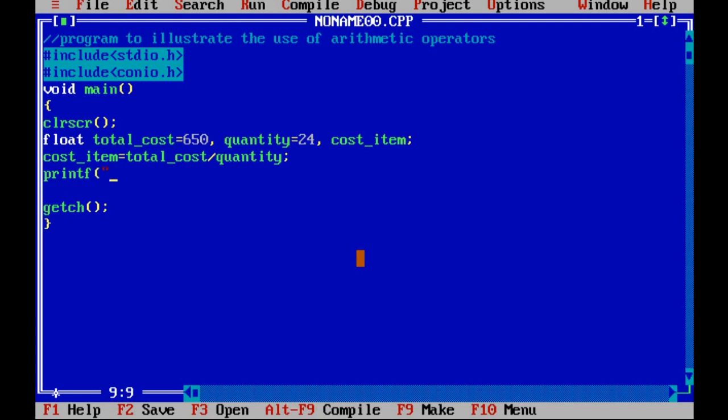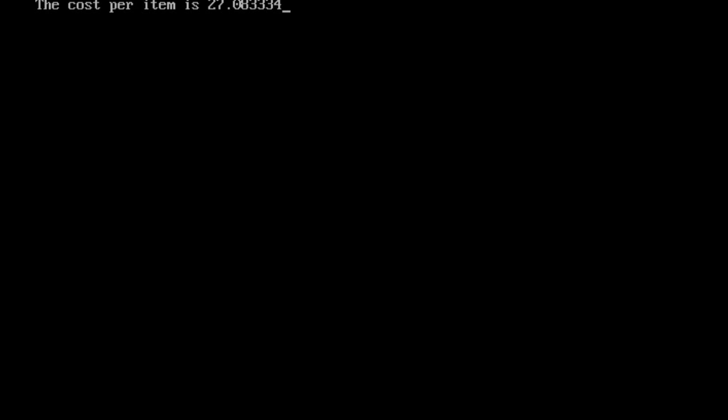Printf, the cost per item is, what is the name of the variable? I have to write here percentage f, comma, name of the variable is cost underscore item. Right? Okay, program is ready. I run the program.